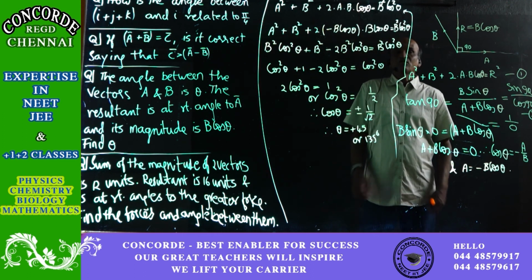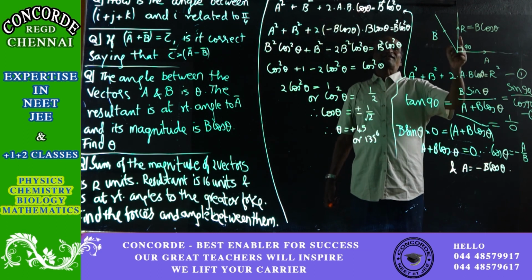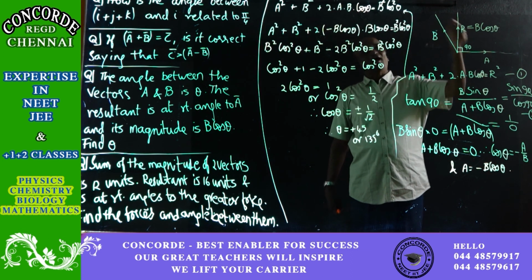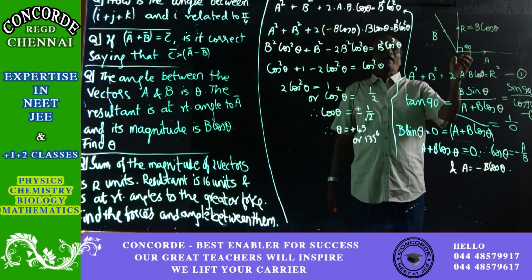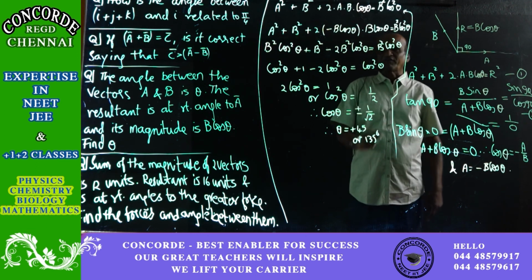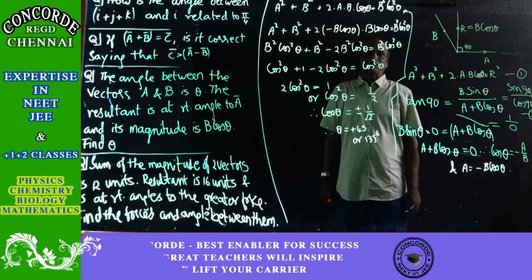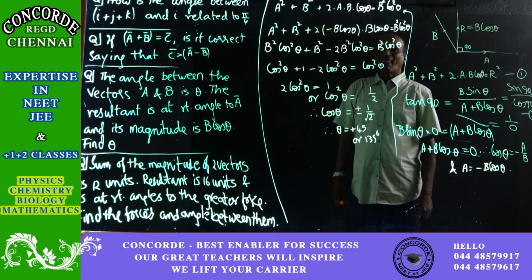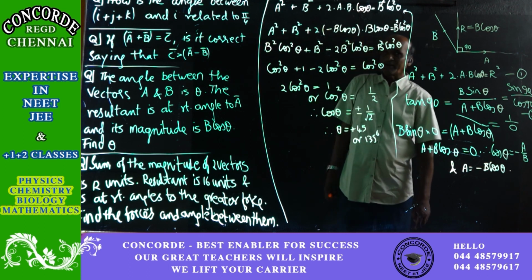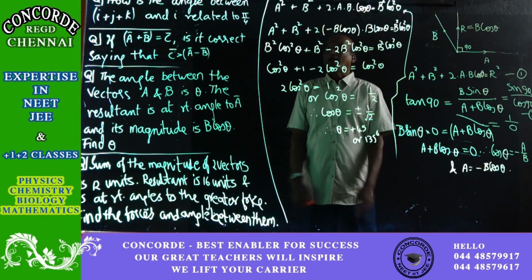Now, already the resultant is making an angle of 90 degrees. So the second force should be on the other side of the resultant. So the angle between A and B should be more than 90 degrees. So 135 degrees is therefore the correct answer for this question. Angle theta, which is the angle between the two vectors A and B, will be A bar and B bar, then will be 135.